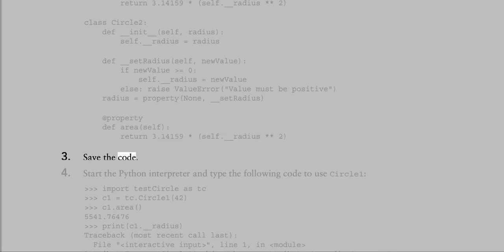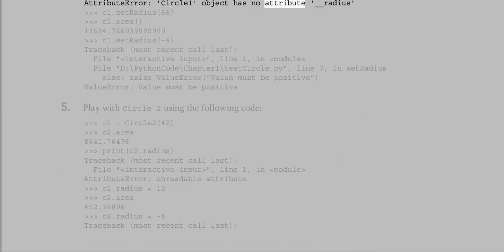3. Save the code. 4. Start the Python interpreter and type the following code to use circle1. import testcircle as tc; c1 = tc.Circle1(42); c1.area() gives 5541.764776. print(c1.__radius) gives a traceback: AttributeError: Circle1 object has no attribute __radius. c1.set_radius(66); c1.area()